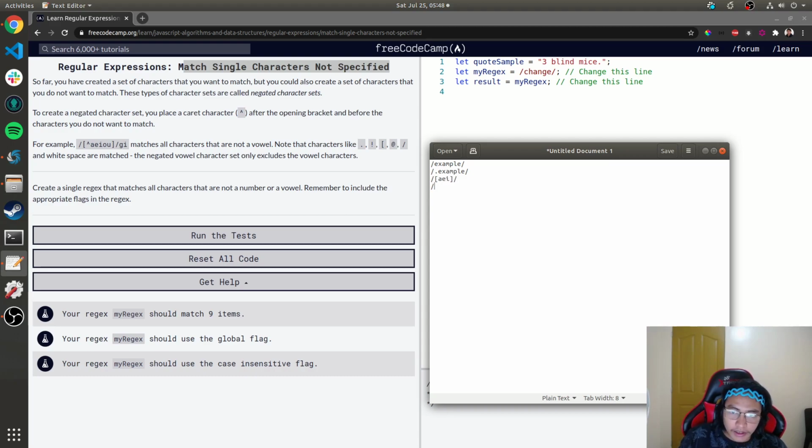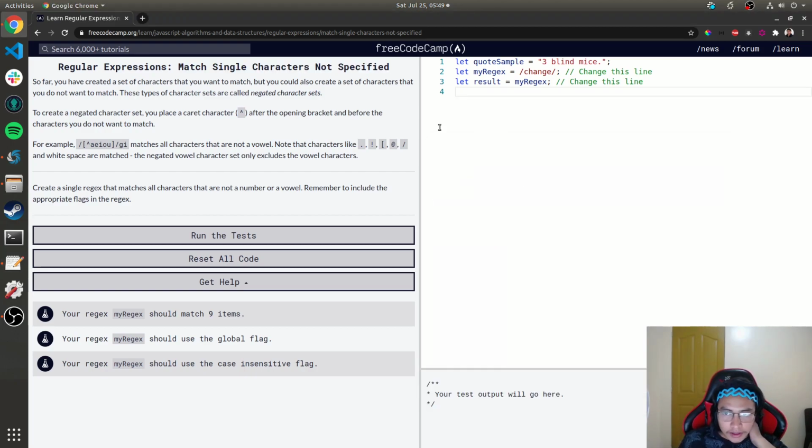AEI, A to Z, A to Z 0 to 9, and then G is for repeating and I is case insensitive. This is flags. So next is